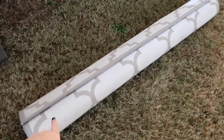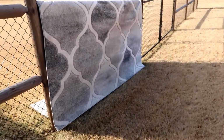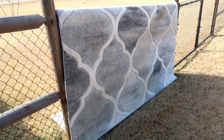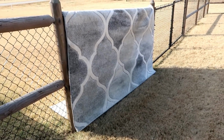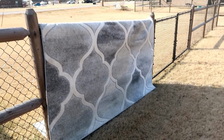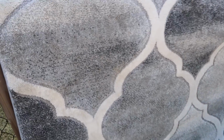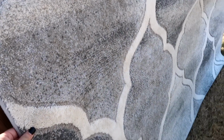This is my rug. I love this rug, but that white's just gotten so dirty. I hope it's not windy when I'm talking to you guys. This was our living room rug, and I can't decide. I kind of don't want to get rid of it. I've had it rolled up out in the garage. I feel like there's just some sort of smell. I don't know if it's a pet smell. I think it's more all the cleaners I was using on it just to make sure it was clean from